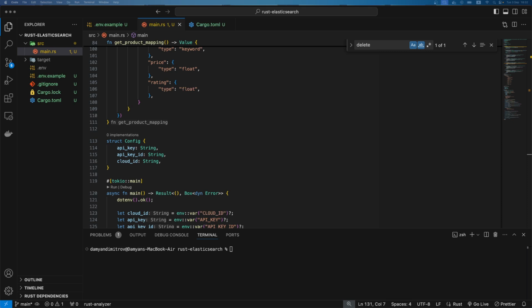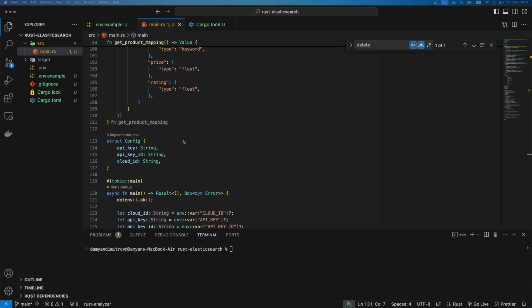For example, we have right now the products index. I want to create many documents with one request, and that is what I will show, how to create a few documents with a bulk operation